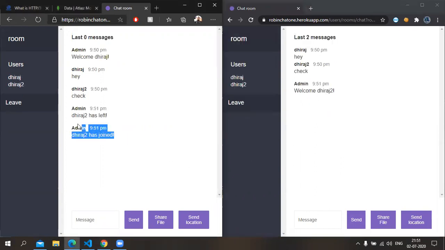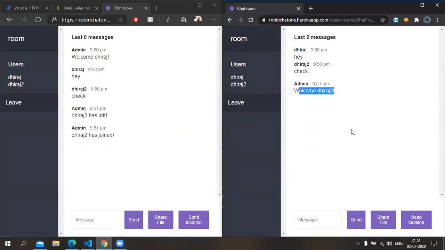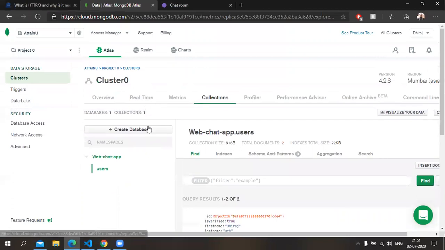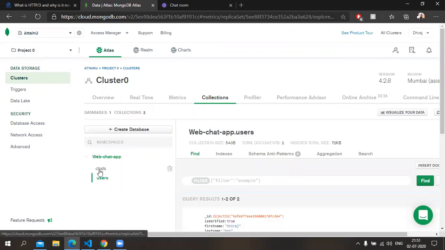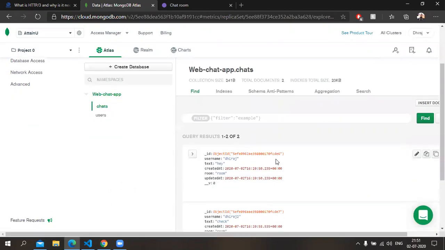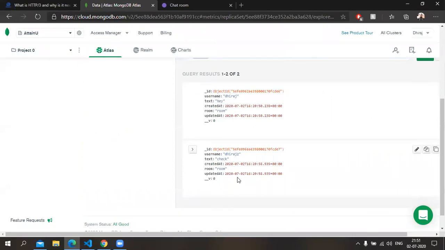As you can see, because we have reloaded, it will show here that I have once left the room and then joined again. And all the messages are gone from my WebSocket part, but all the messages are there in my DB. So if you go to the DB, I will show you the DB. If I refresh, so you can see a chat schema. This is my chat schema. So both the chats are here.